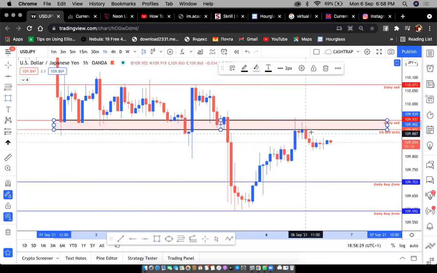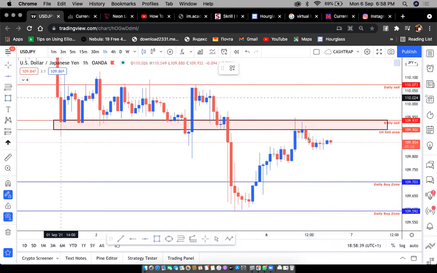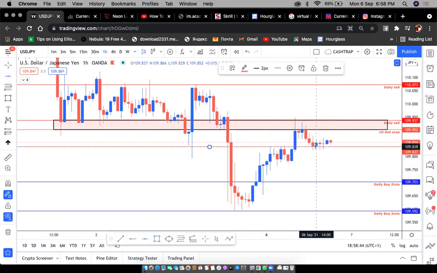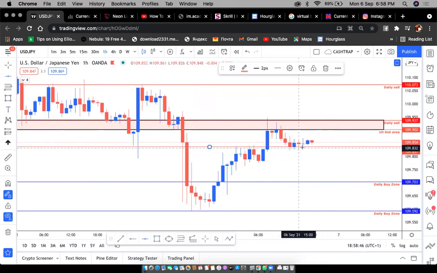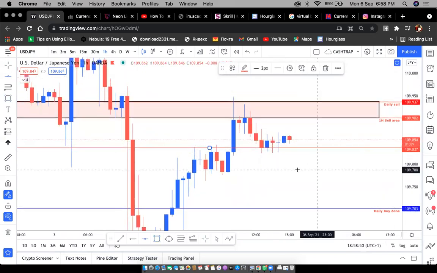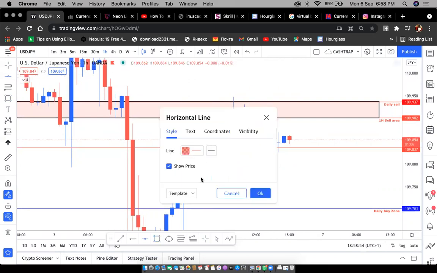So now that I've identified that place as my resistance, where else should I still look out for? I want to look for places where I will see lots of activities happening. I see a support right here at the bottom, very close to the current price. Look at it. So I'm going to make this my 1 hour buy